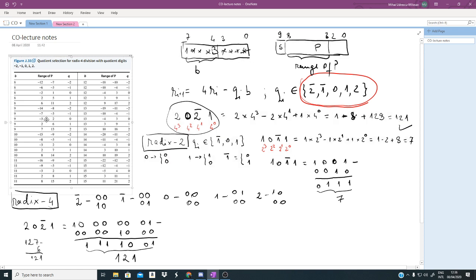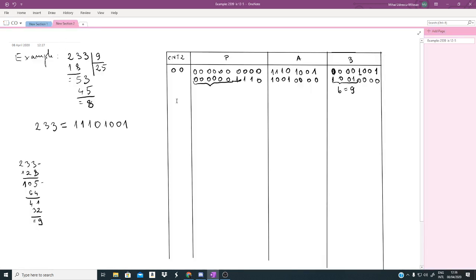Between -3 and 2. So if the range of P is 1, it's between -3 and 2, therefore the quotient digit is 0. Okay, so I'm looking at this table and decide that Q0 is 0, and then